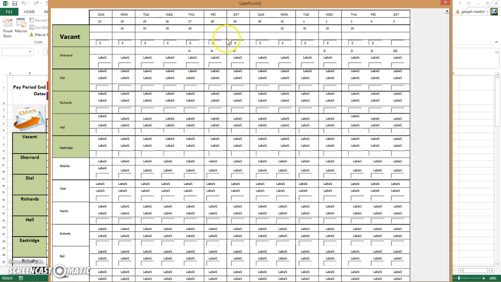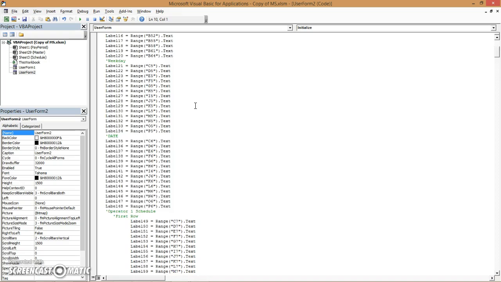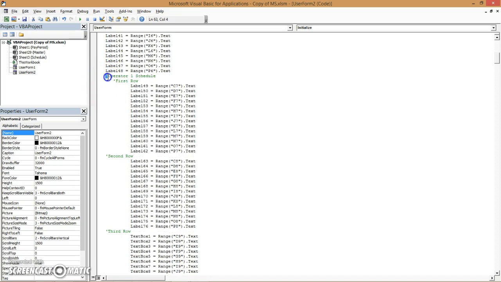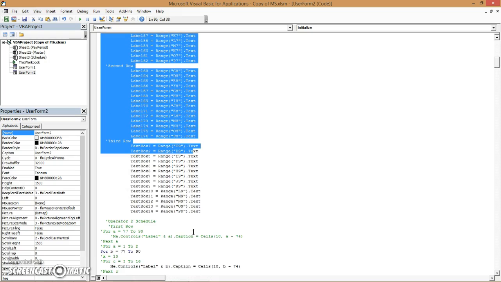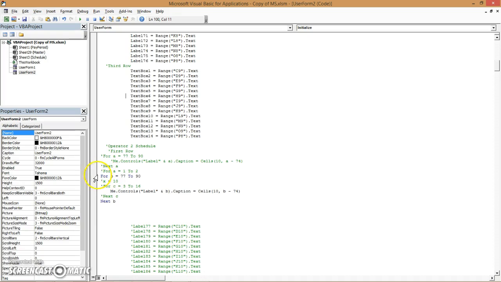Okay. Now, this one I did this way. I'll show you how I did that. Okay. This is operator 1. First row, second row, third row. And I didn't want to do this all the way down for 20 operators. So now I started on operator 2, which is Sherrard. And I got 77 to 90 because that's label 77 to label 90. And then it starts at row 10,